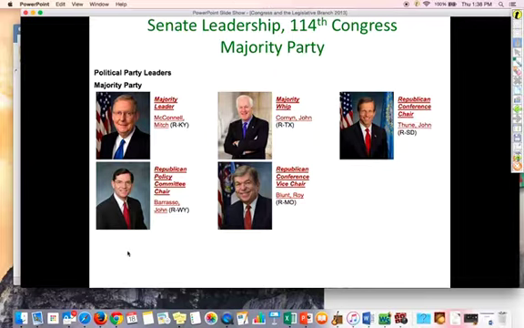So the last thing here, this is the Senate leadership of the 114th. This is actually the majority party. And I put a couple more on so you can see that, specifically because our Missouri Senator Roy Blunt is in a very high leadership position in the Senate. The majority leader, the most powerful person in the Senate right now, is Mitch McConnell. And you'll see him, especially with the Senate confirmation of the Supreme Court Justice coming up, you will see Mitch McConnell on the news quite a bit. This is the majority whip, so I wanted you to see that.